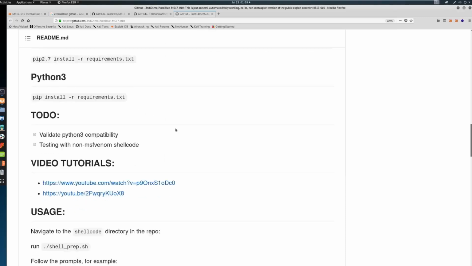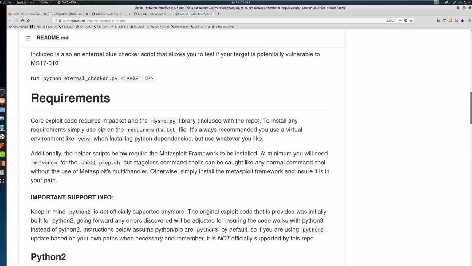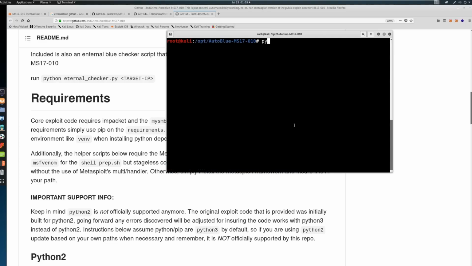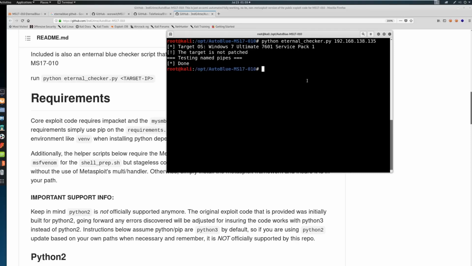From here, we're going to go ahead and do the usage. Now, there was a checker in here, so we can run Python with the checker. So I don't know, it says Python 2, so let's go ahead and run Python 2 with it. It could be Python 3 too, so we might run into an issue. checker.py 192.168.138.135. Target is not patched. Testing named pipes. Okay,